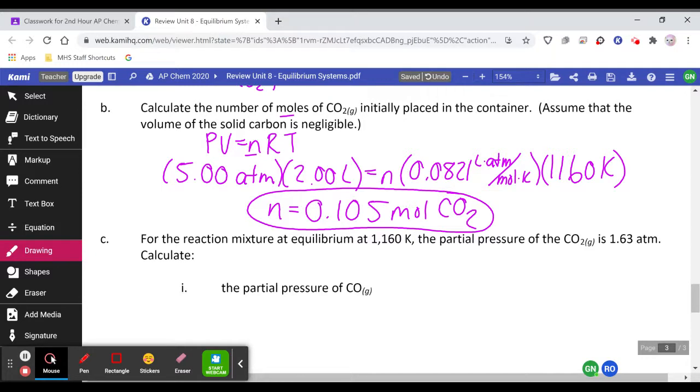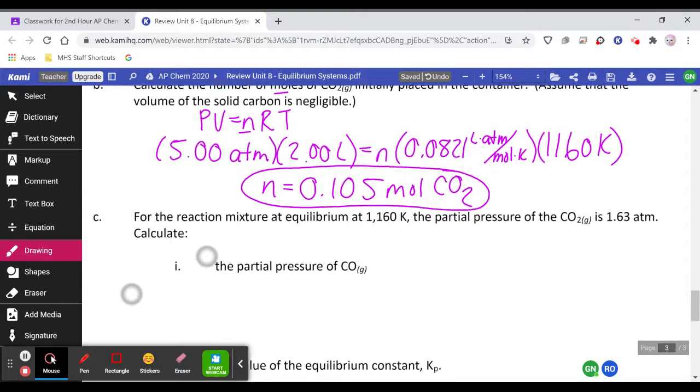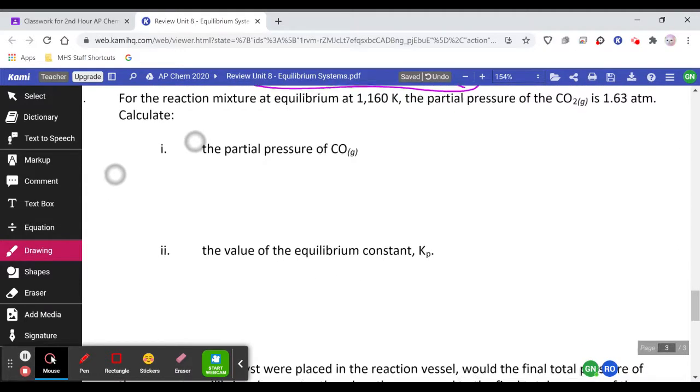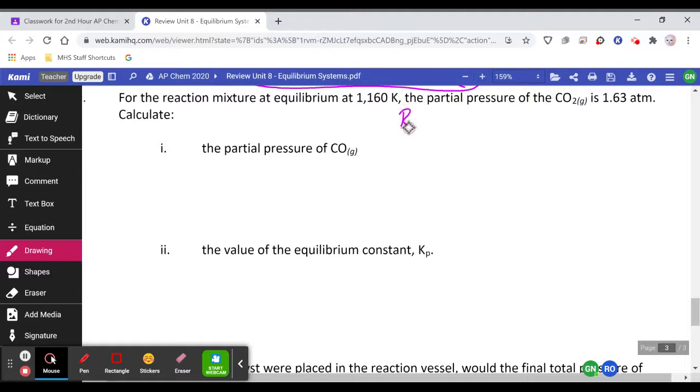Okay, questions on that one? That was just your ideal gas law. For the reaction mixture at equilibrium at that same temperature, the partial pressure of CO2 gas is 1.63 atmospheres. Calculate. So first they want the partial pressure of CO, and so what I did there is I set up the RICE table,